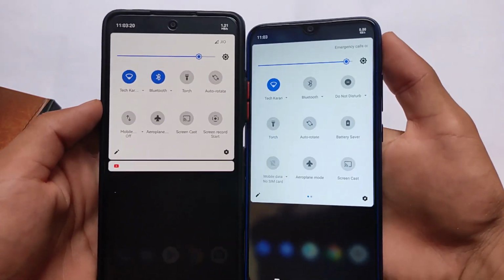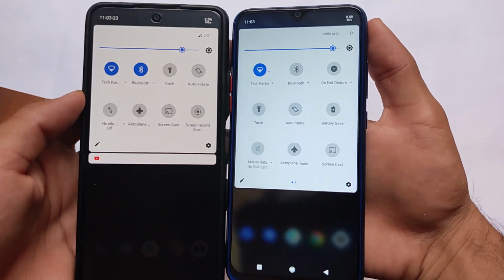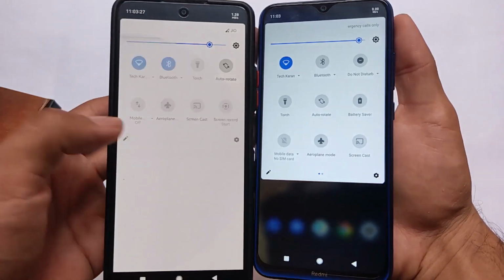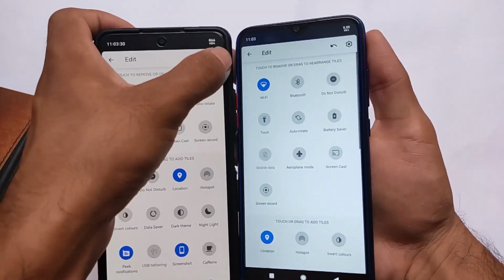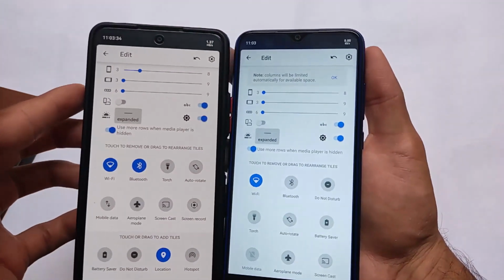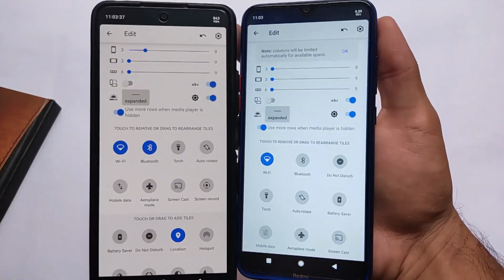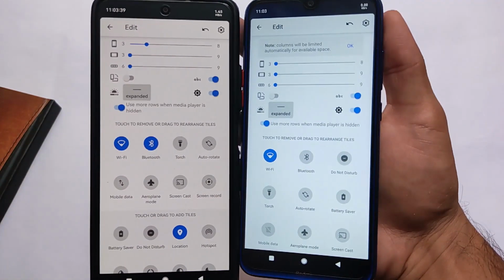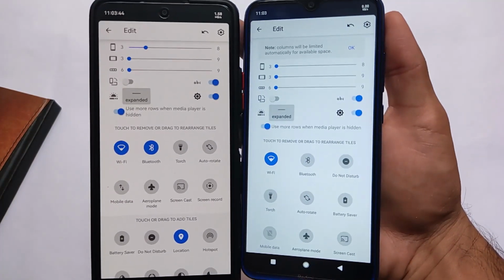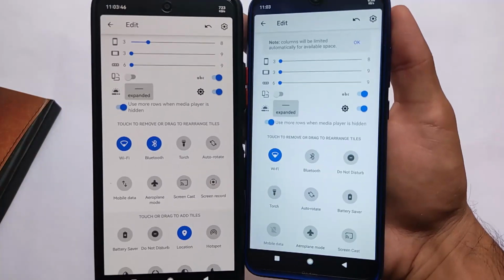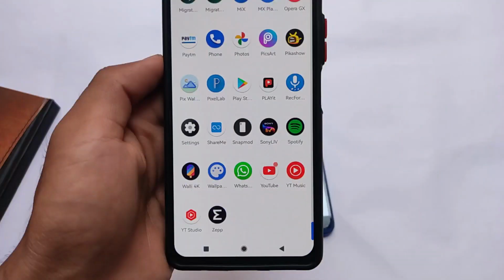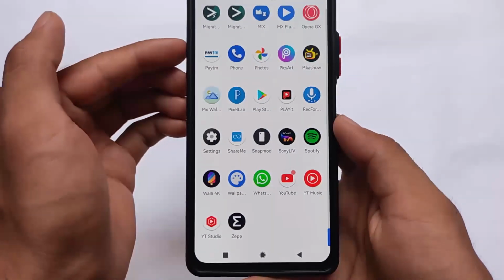Talking about the things you get here in the control center, or basically the quick settings panel, you can customize it according to your preference. And how you can customize it, you have the edit icon available for you. If you click on the edit icon and click on the settings icon here, let me just show you, in both of these devices you have the option to customize the quick settings rows. It's up to you. Columns, rows in landscape mode, portrait mode, everything you can customize. And yes, this is also one of those useful features which you need in a custom ROM, because I always use 2x4, some use 3x4, some use 2x5, according to their preference.